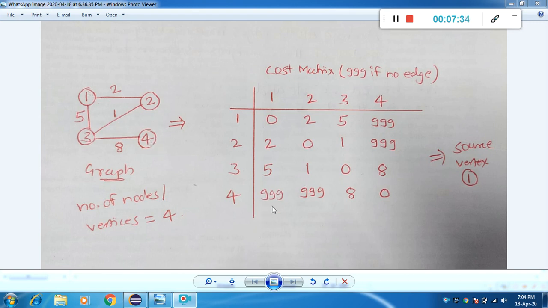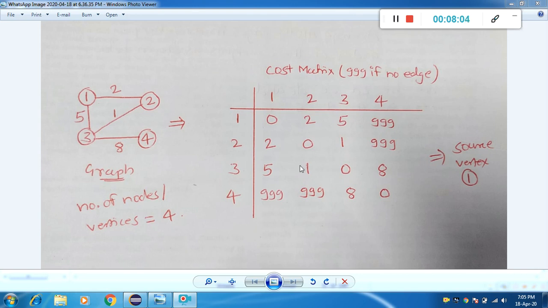Also, the distance between node 4 to 2 is 999 because again there is no direct edge between 4 to 2. Also, the distance from 4 to 3 is 8 and from 4 to 4 is 0. This is how to convert any given graph into a cost matrix, and now use this cost matrix as an input to execute your given program.